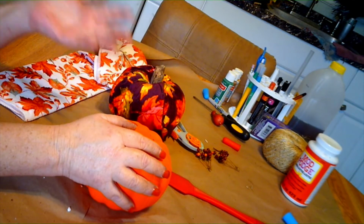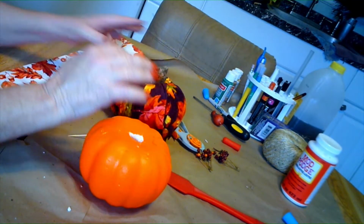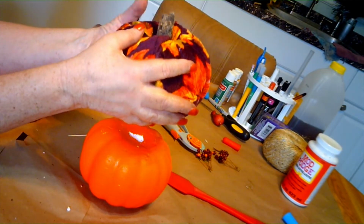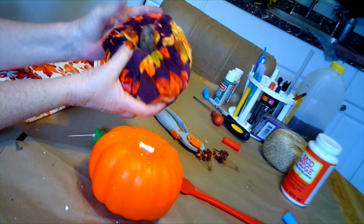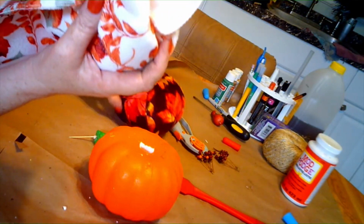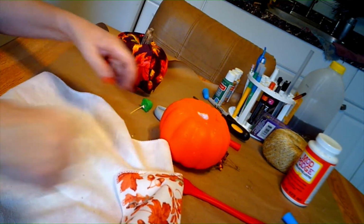Now you can paint these. Paint them white, which would be very pretty. You could paint them blue, any color you want, but I was thinking of putting a dish towel around the pumpkin. Now this dish towel was given to me as a gift, and I use this, but this one I bought at the Dollar Tree just recently. So what you're going to do is open your dish towel, put your pumpkin in,